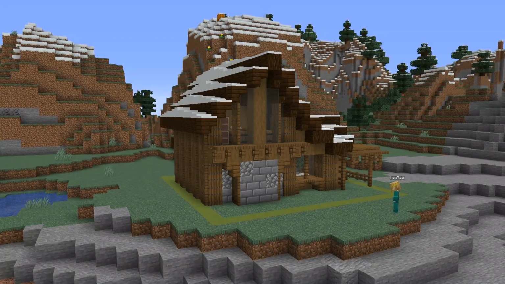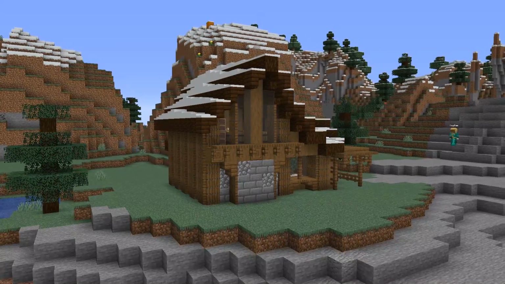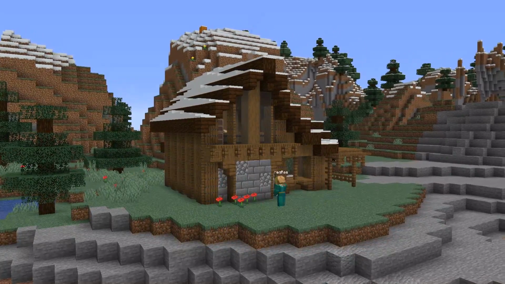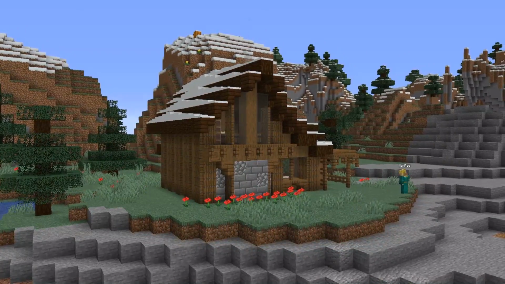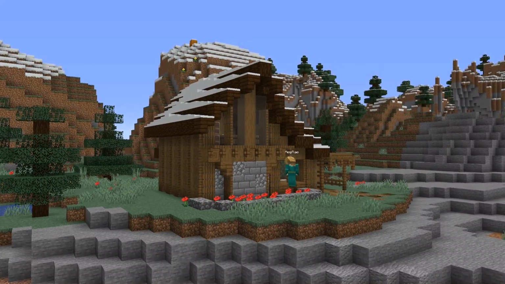And then on the outside, you can also do the same thing, make it look a little more complete by adding some flowers, trees, paths, or whatever you need to do to make it look more homey. And then you're done with your mountain cabin, and I am done with this tutorial,